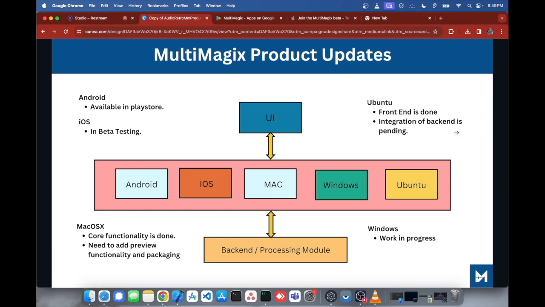But the major challenge, apart from the UI part, is that we need to integrate our backend as well as the libraries of FFmpeg. We need to ensure it builds from source rather than the pre-built one, so we need to figure out a way for that. On this note, we'll go to the next slide, and then we will start